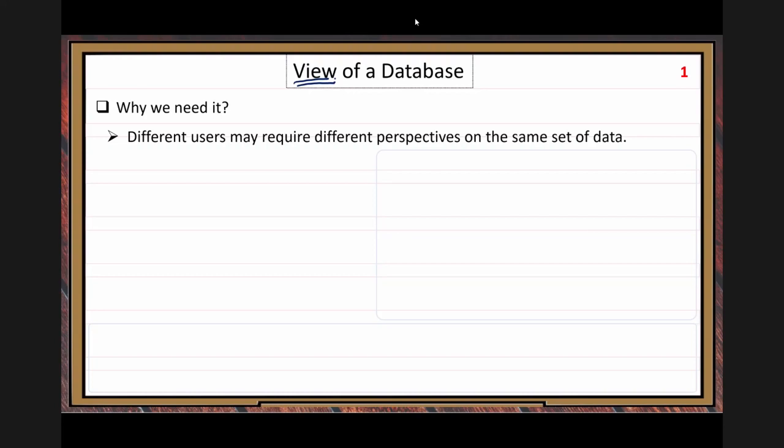If you do it that way, then you need too many physical tables. For example, your original data has just dozens of tables, but you have a large number of customers, so they would like to view their business data in so many different ways.